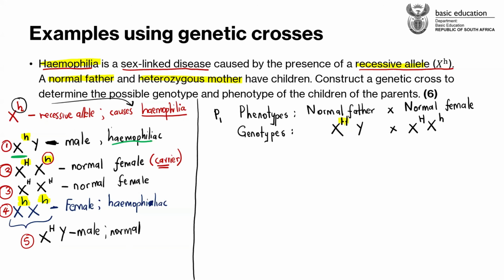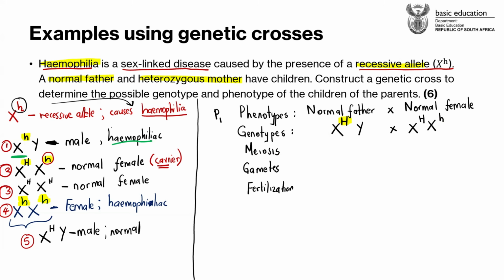Don't just write XY, guys. In sex-linked inheritance, it is very important to put the appropriate alleles to show either that the person is normal or the person is sick. When the person is sick, use the allele that they have told you. In this case, when the person is sick, they say that he must have a recessive allele, X with a small letter h. But when the person is normal, it must be the opposite. All right. Then you do the rest of the cross, guys, just like a normal genetic cross. You talk about meiosis. You do the gametes. And then you let those gametes fertilize with one another. Fertilization.